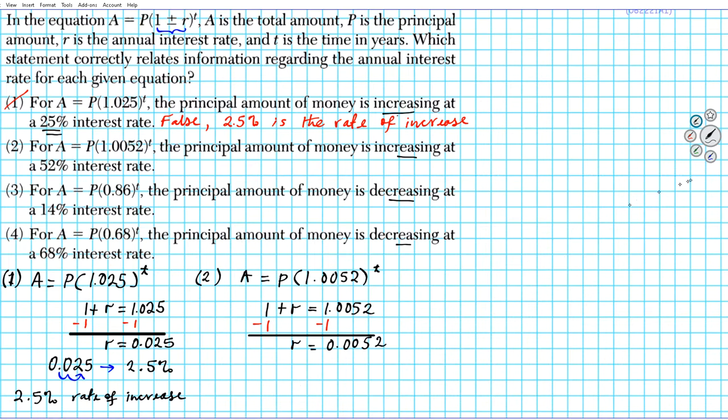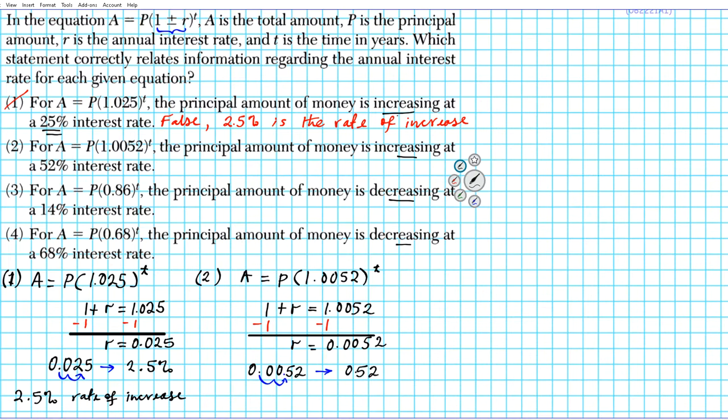Okay, so now what's the rate of increase? We're going to convert this decimal point into percent. All right, so how do you do that? Two ways: either multiply by 100 or use a shortcut, which is to move the decimal point 2 places to the right. Exactly the same thing. When we move the decimal point 2 places to the right, we are going to have the percent form of this decimal, which is